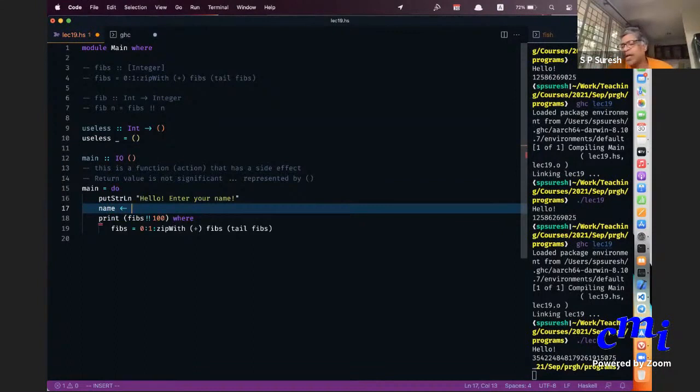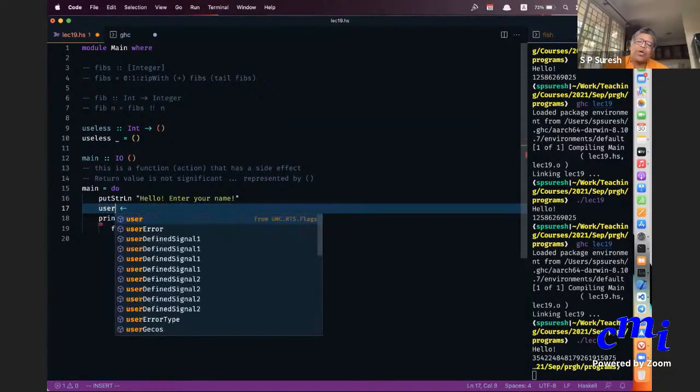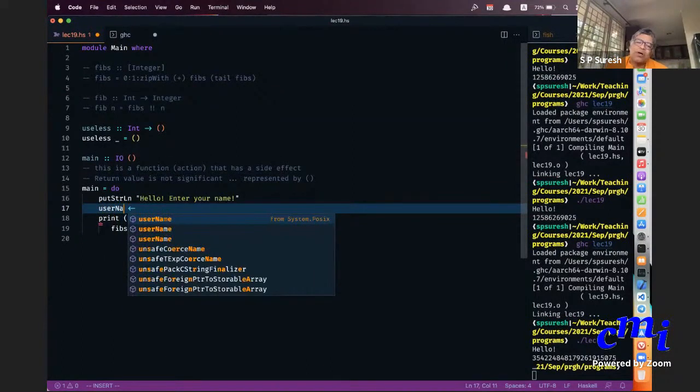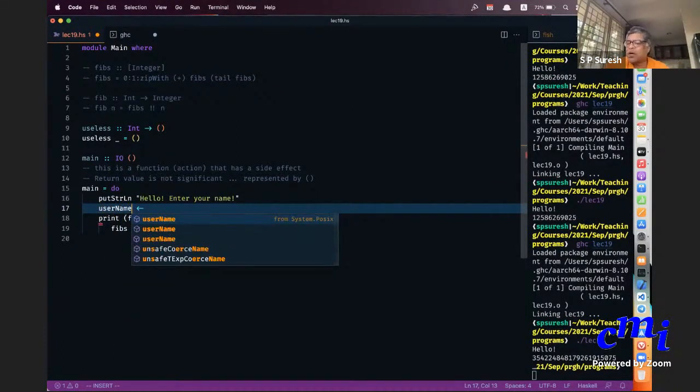to use a name like any other Haskell variable. But basically you're not storing something, you're binding. You're saying, getLine, let me do getLine. GetLine will have some side effect, but it also has a value that it produces. Let me use a name to denote that value. Username is what is going to denote the input entered by the user.